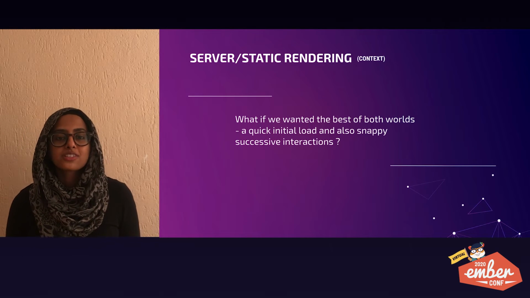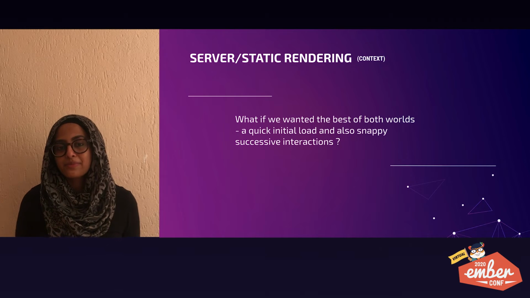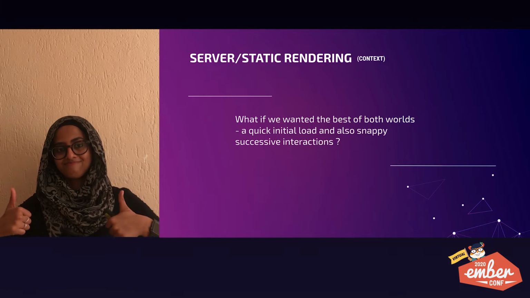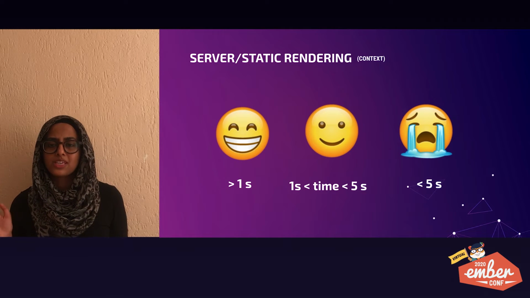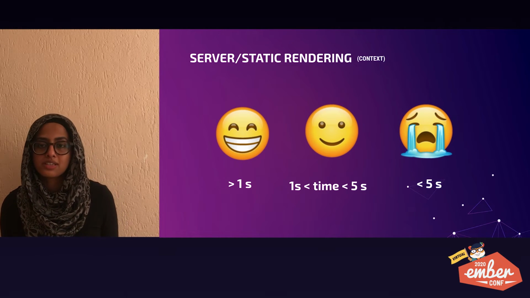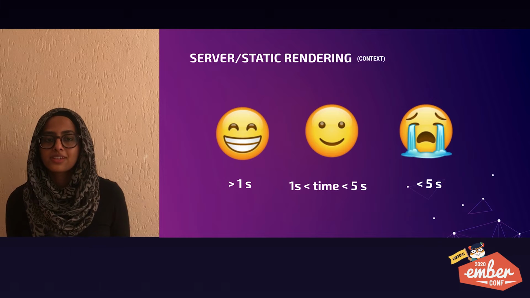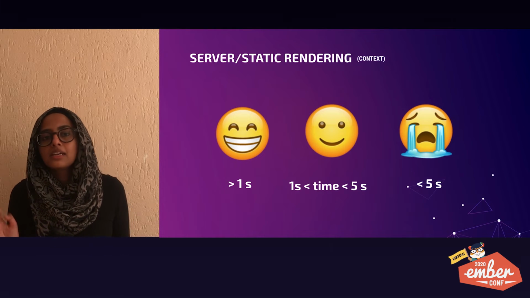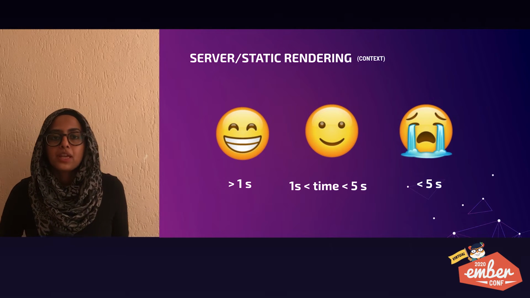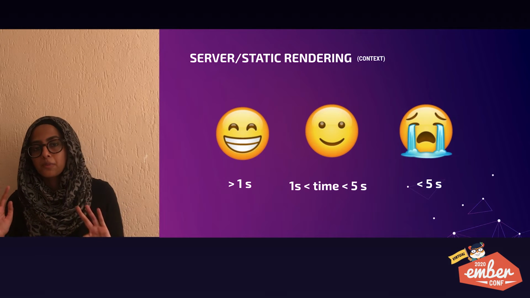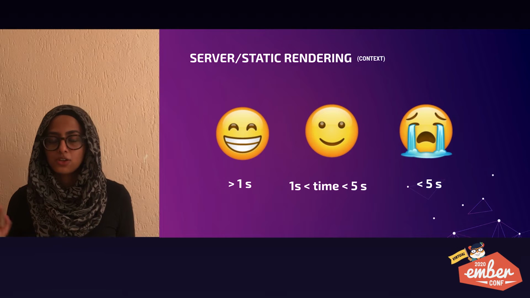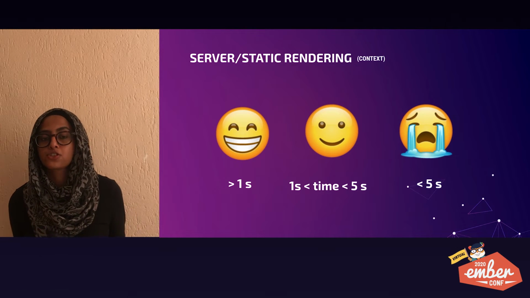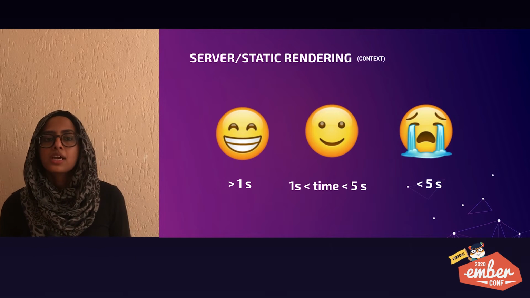When our first contentful paint is less than 1,000 milliseconds, users are really happy. When the value is between 1,000 and 3,000 milliseconds, so 1 to 3 seconds, users are a little less pleased, but still pretty happy. Over 3 seconds, say 3 to 5 seconds, starts causing frustration. Over 5 seconds, users have completely lost interest.